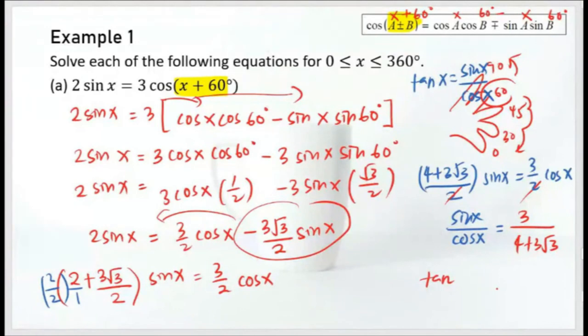Two over 3, 3 cos x plus 60, like this. So you get tangent x equal to 3 over 4 plus 3 square root 3. Okay, then after this,